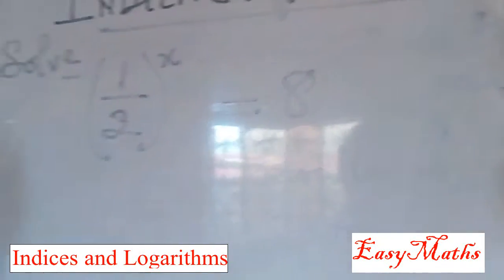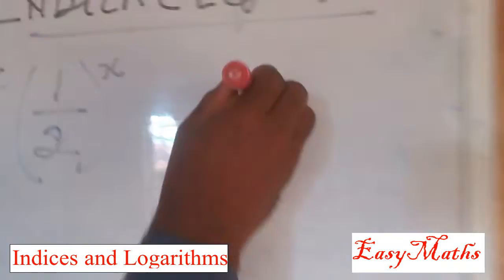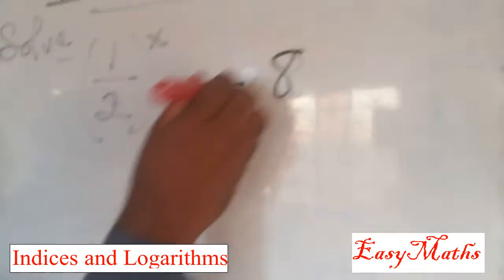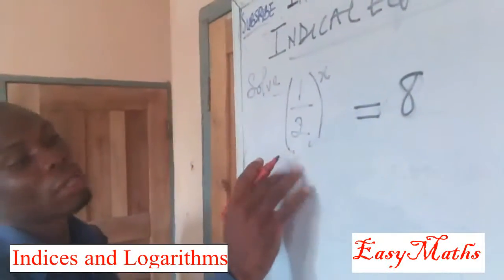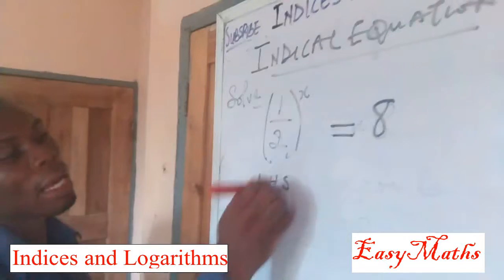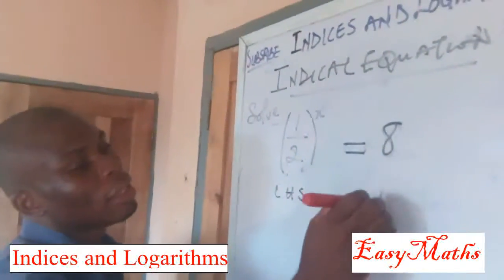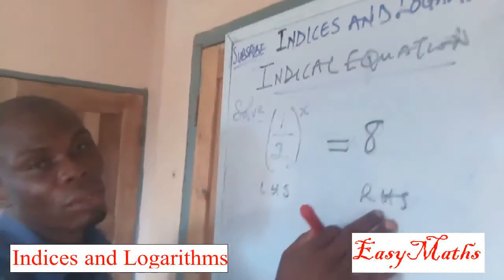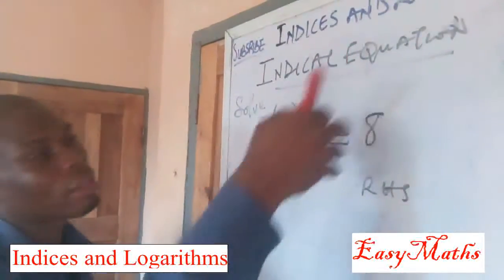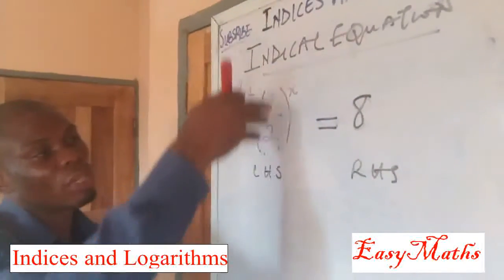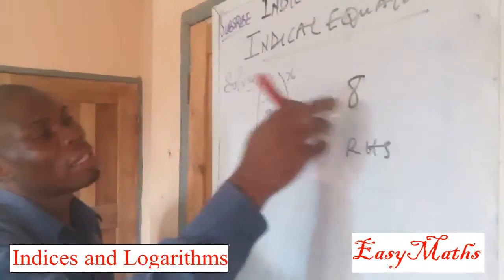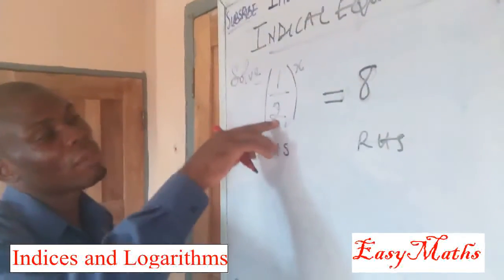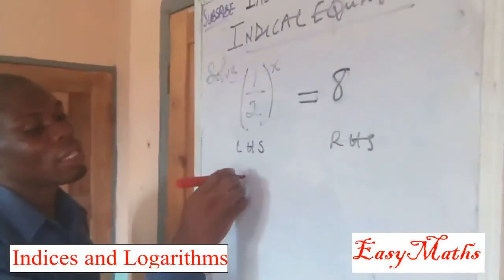And you know, we've already seen, when you see an equation, you know by the equality sign here. Every equation has two sides, the left hand side of the equation and the right hand side of the equation. So on the right hand side there we have 8, while on the left hand side we have an index of base 1 over 2 raised to x. So we'll be looking at how we can equate this. The base on the left is 1 over 2, which is a fraction. So I can express it as